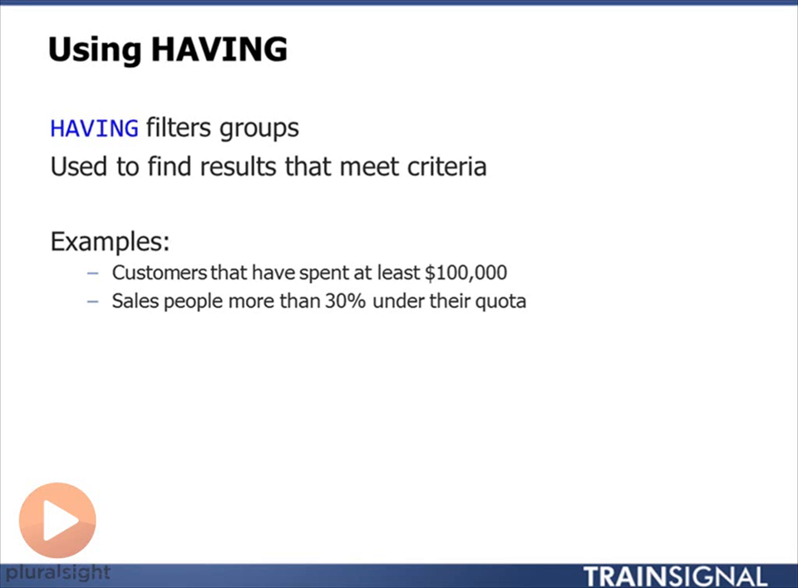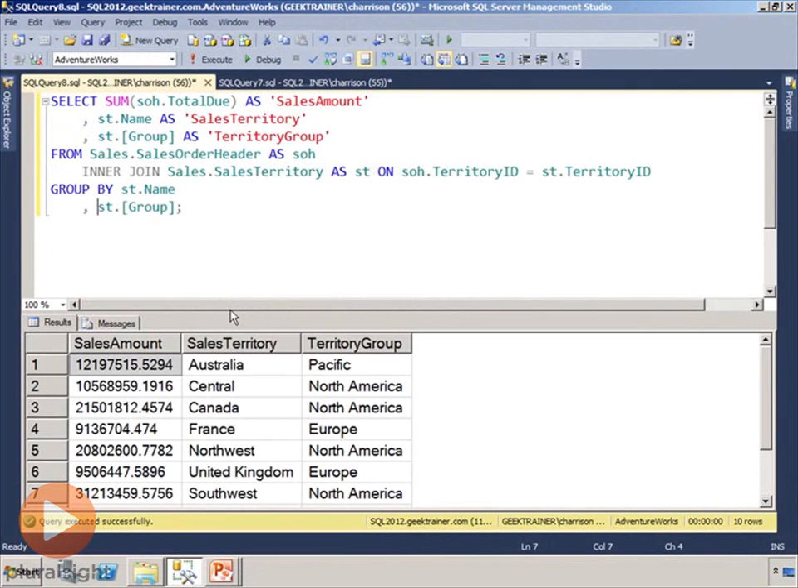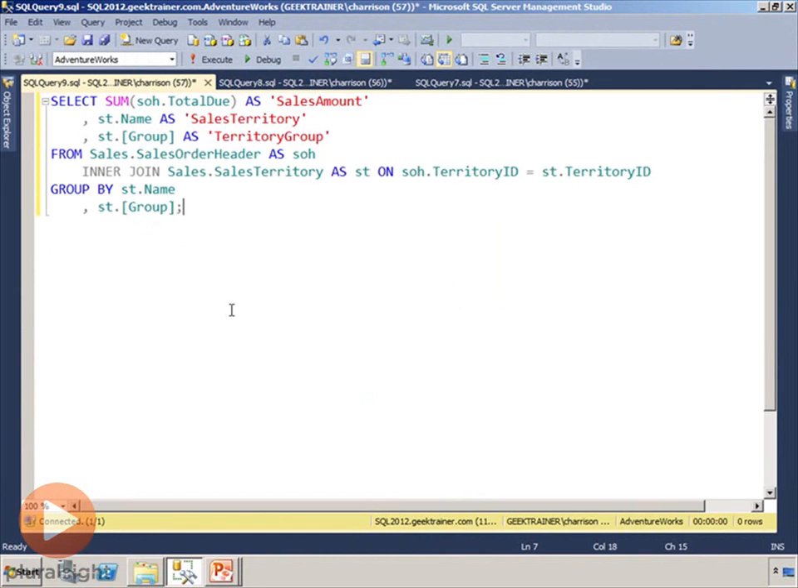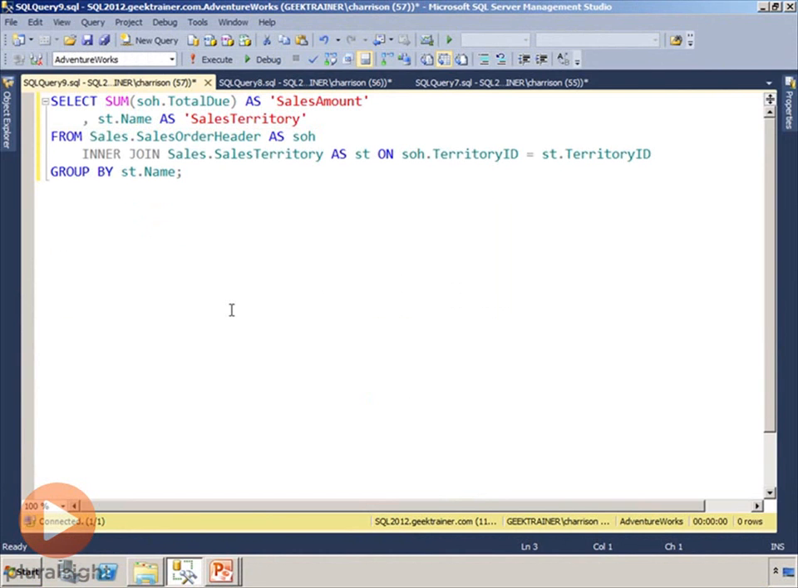Let's go back to our query and let's just look for the biggest regions. So what I'm going to do is I'm just going to copy and paste this query into a new window, and I'm just going to simplify it a little bit, just trying to make it a little bit easier for us to work with. And I'm just going to get it back down so that it's just the total due and it's the territory. Now what I want is I just want territories that have sold at least $20 million